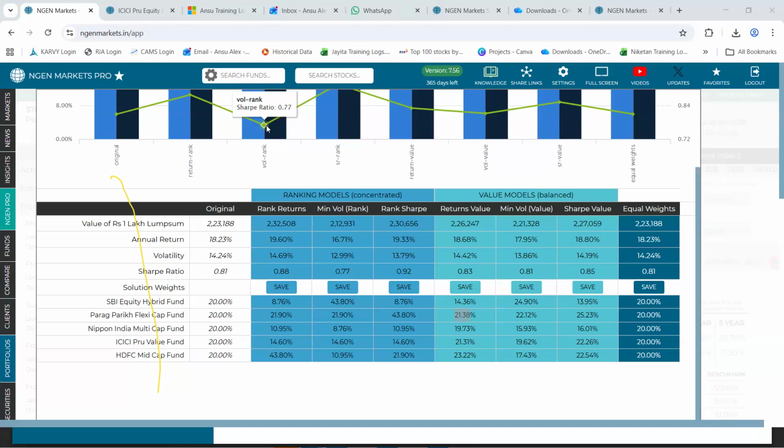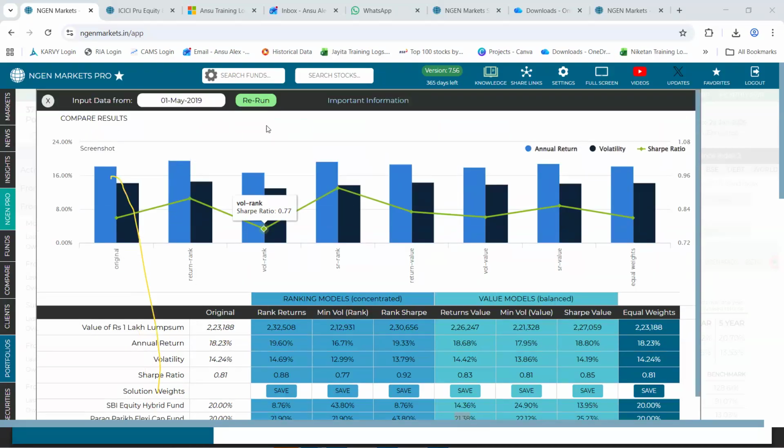As I said, there's no right answer here really. Also, one thing to consider is, if in the list of funds that you have, there are a few new funds, you also have to be mindful of the fact that there is no input data for those funds. So that will affect your optimization result as well.